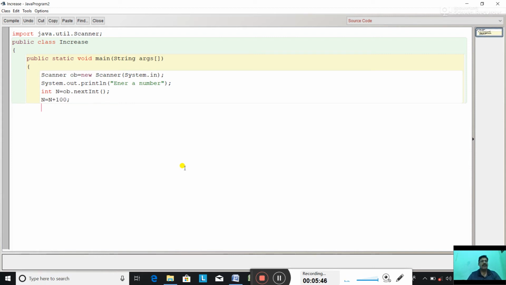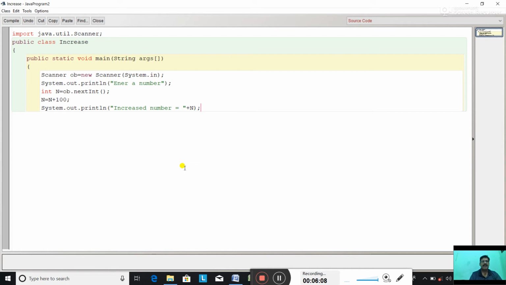So the value is increased by 100, and print System out println, increased number equal to, double quote, plus n.